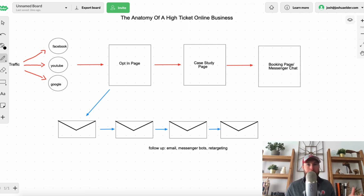So a lot of people can't get traffic. We solved that traffic problem. A lot of people don't know how to create a funnel. We solved the funnel problem. A lot of people don't know how to set up offers and messaging. We solved that problem for you. A lot of people don't want to write emails. We solved that problem for you. So I'm going to give you exactly what you need to succeed in an affiliate marketing business very, very quickly,